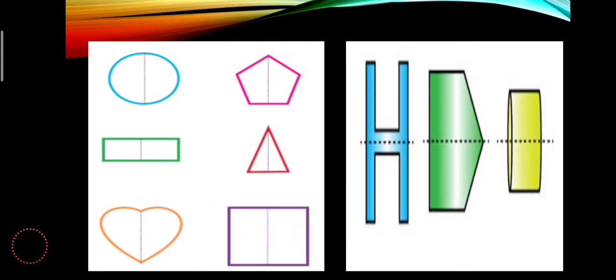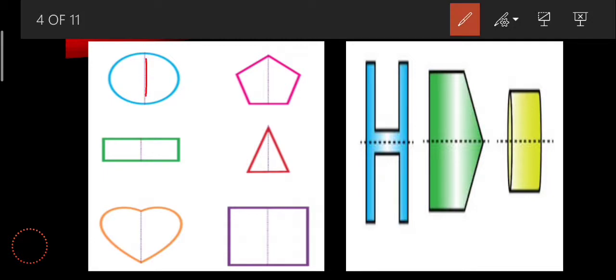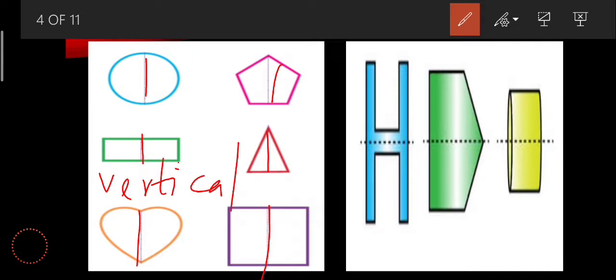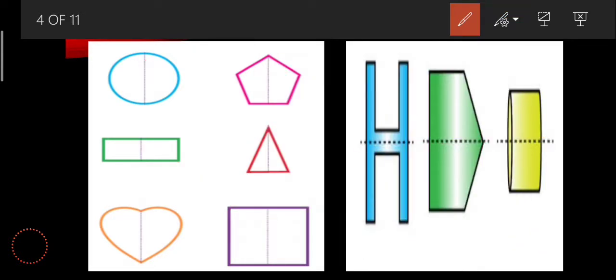Now this axis of symmetry could be standing, called a vertical line of symmetry, as these are all standing. These are called vertical lines of symmetry. Or it may be lying like this, a sleeping line, which is called a horizontal line of symmetry. Understood? So there are two types of lines of symmetry, as well as diagonal ones.